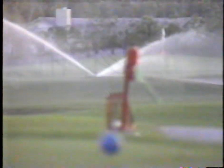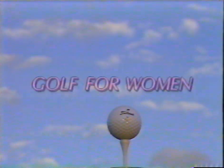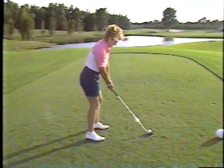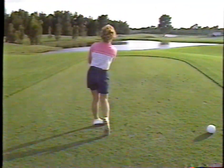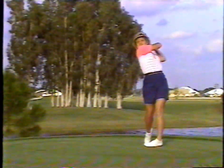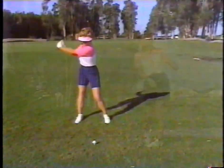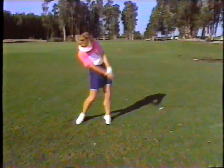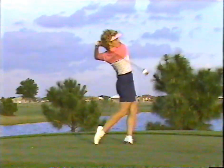A beautiful morning in Wellington, Florida is the backdrop for today's golf instructional, Golf for Women, with our teacher, Donna White. You're watching one of the most classic and solid swings in women's golf today. As an LPGA Tour veteran, 5-foot 2-inch Donna White burst onto the scene by winning the 1976 U.S. Women's Amateur Championship. She has since won 3 tour events and